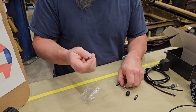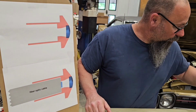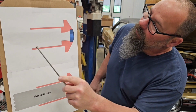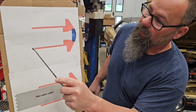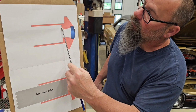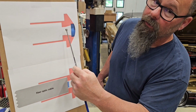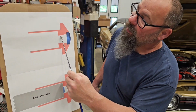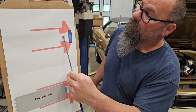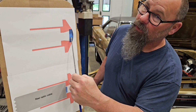The actual side cutaway of this optical lens is right here. So if I get a pointer and kind of go through it with you real quick, the black jacket of the solid core fiber is going to go right into here up to this edge. A little bit of the fiber is going to go into this chamber. And we designed that so it would reflect off of this angle right here and then get distributed through this